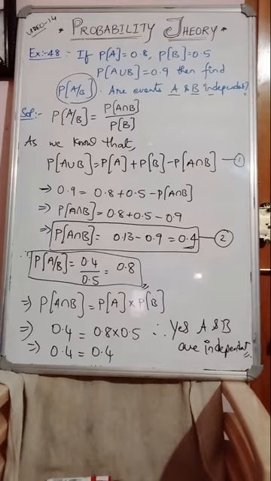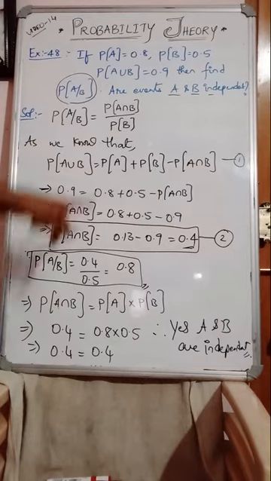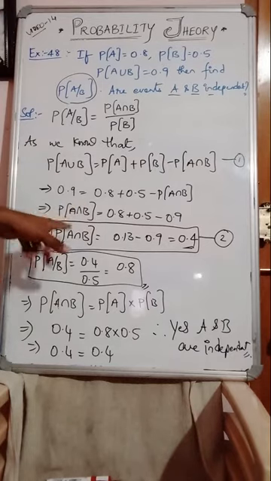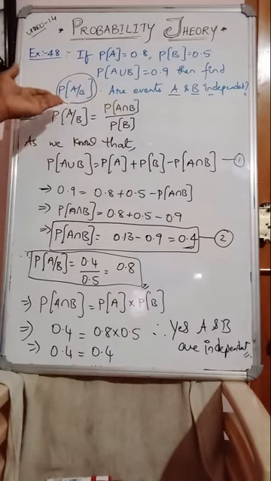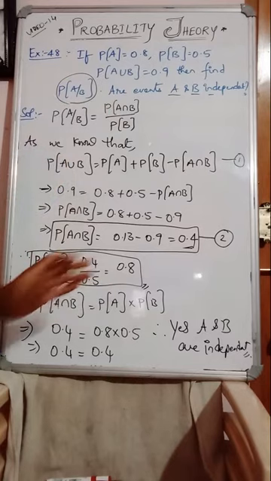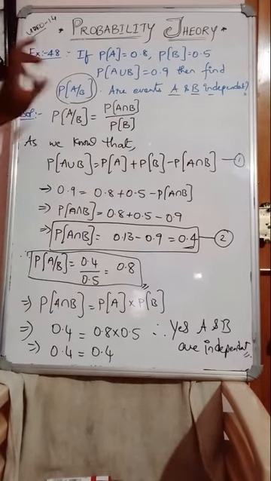In case of non-mutually exclusive events. Clear? So in case of non-mutually exclusive, this formula is there. Substitute those values, you get the A intersection B value. Now after getting A intersection B, substitute in the above formula P of A given B. You get the answer 0.8. There, question number 1 is done.